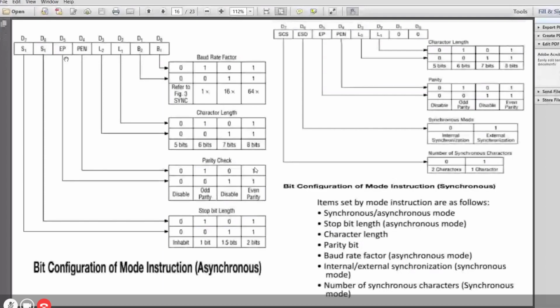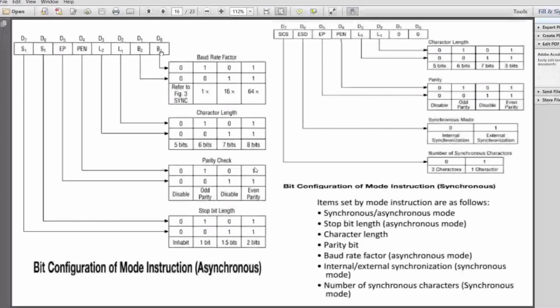The two LSB bits, if they are 00, refer to synchronous communication. Whenever these two bits are 00, that particular mode word sets the 8251 into synchronous communication. If it is 01, it is the baud rate factor, the same as our clock frequency.